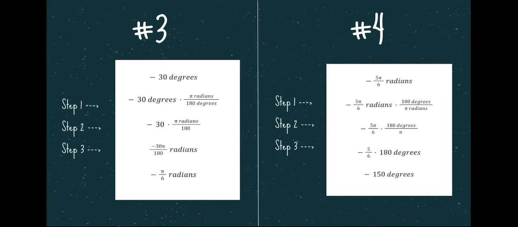Problem number 4 wants you to convert radians into degrees, so you already know that you need to multiply that given number by 180 degrees over pi radians. The radians cancel out, and so does the pi, leaving you with negative 5 over 6 times 180, which simplifies